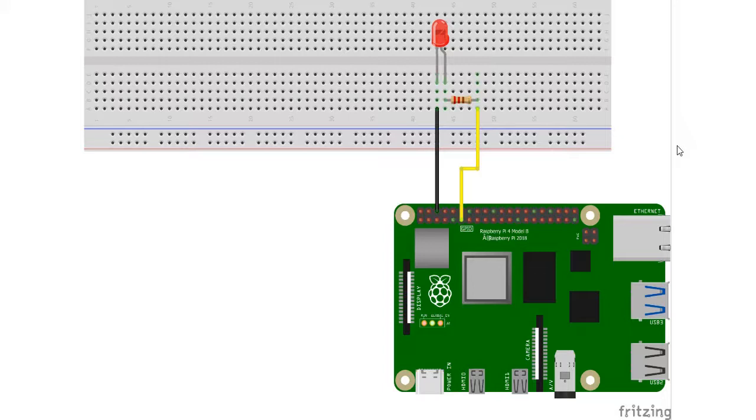So the Raspberry Pi's GPIO pins either give us 3.3 volt as the maximum or 0 volt when the pin is turned low. So the final output we get is a square wave. So to vary the brightness of an LED, we cannot get the voltage between 0 volt or a 3.3 volt. So we try to change the duty cycle, that is the on and off time of the signal, and try to vary the brightness here.